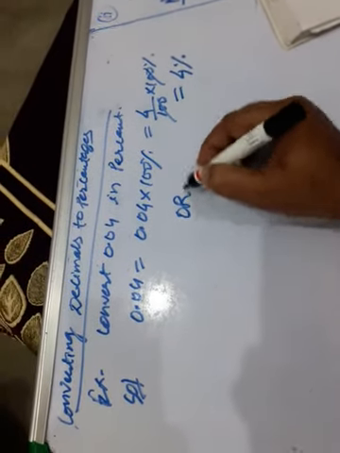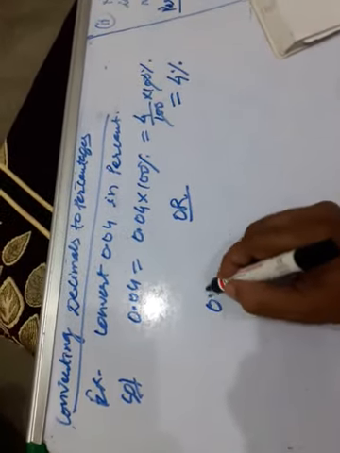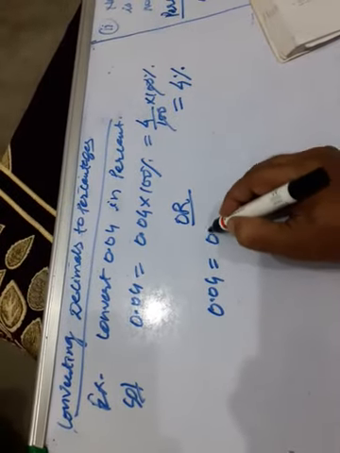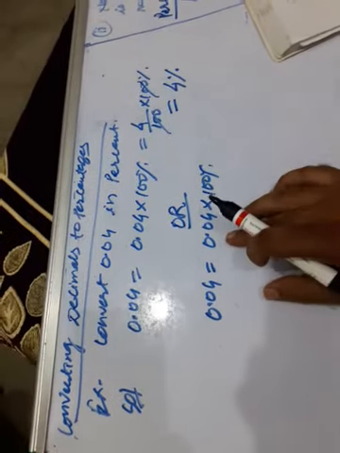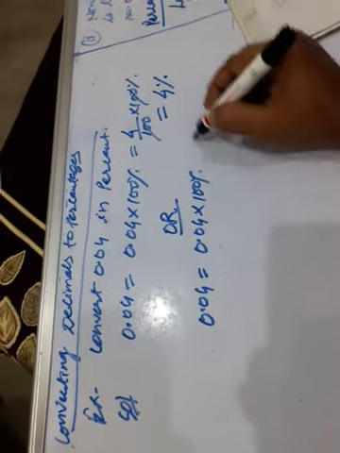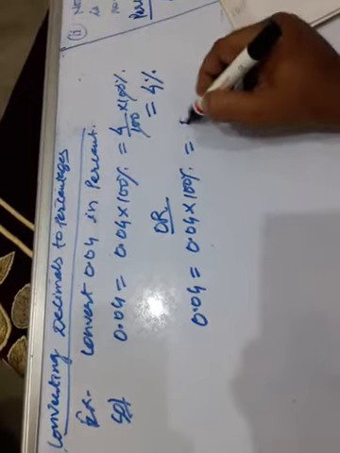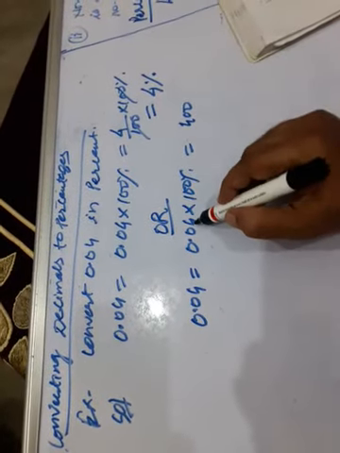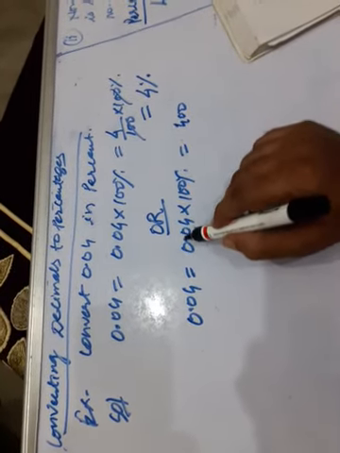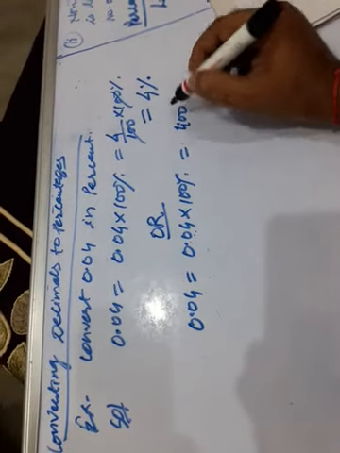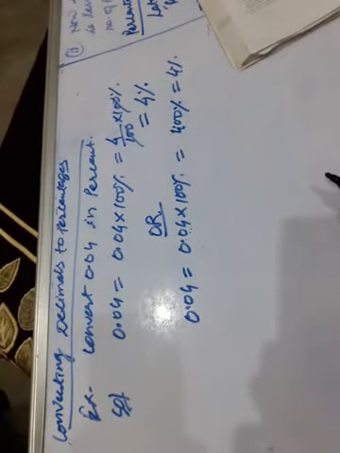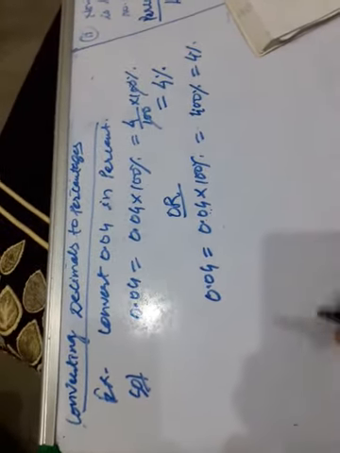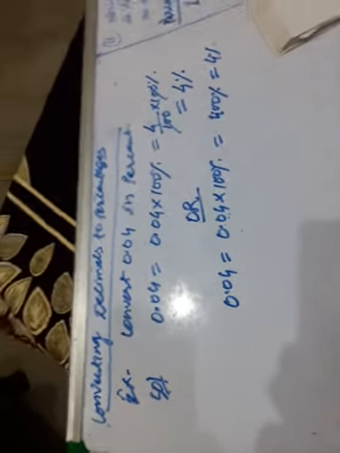Another way also is there. 0.04 equals 0.04 multiplied by 100%. Clear? Don't convert it into a fraction. Multiply 0.04 by 100, this is 400, and considering the number of decimal places after the decimal point, that is 4.00. This is equal to again 4%. So there are several ways to find out. It is up to you how you choose it. So converting decimals to percentage you have also seen.